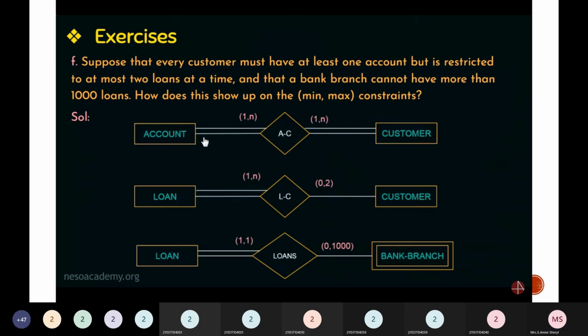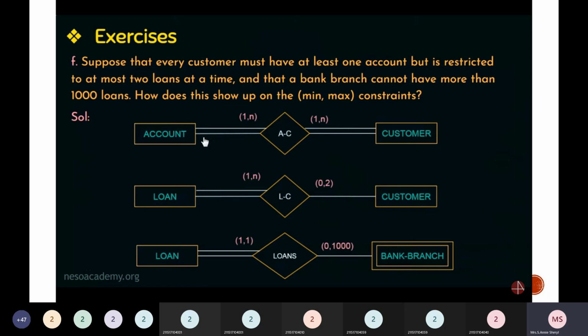Okay, next one, they are just taking loan as an entity, and with the loan and customer relationship here, one customer is eligible for either one or two loans. He can either avail one or two loans. He can have a housing loan, a personal loan, or three loans based upon the bank, not more than that. So based upon this condition given here, a loan can be given to n number